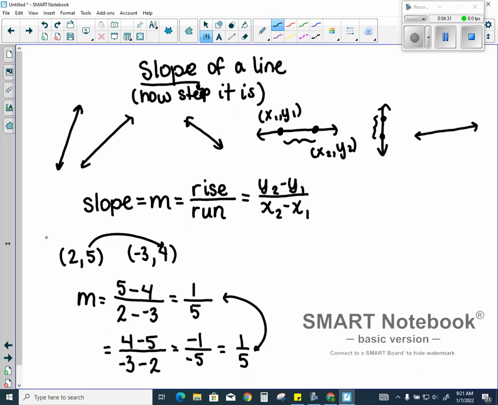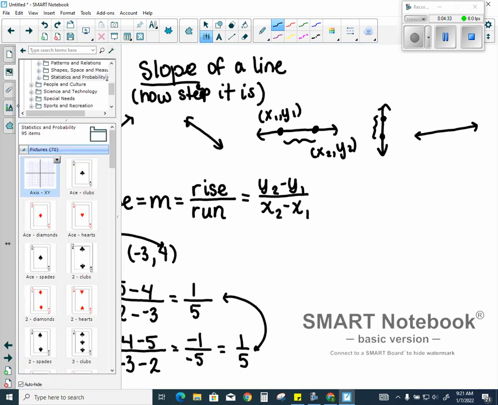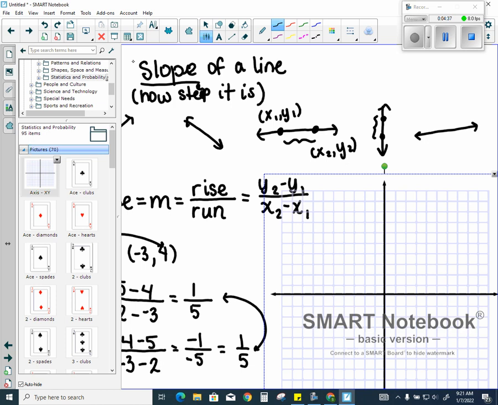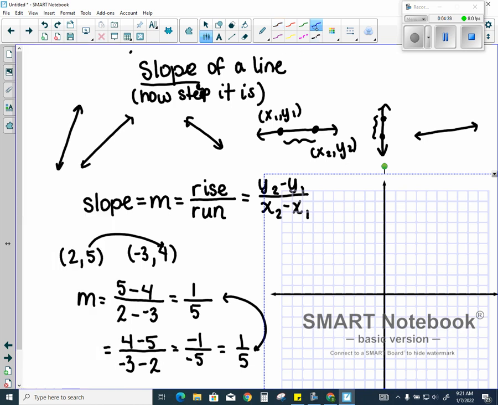If we want to graph that line quickly, I'll make a mess of this slide. Okay, if I want to go through the point (2, 5), which is here, I want to go through the point (-3, 4), which is here. Notice that if I connect those dots,